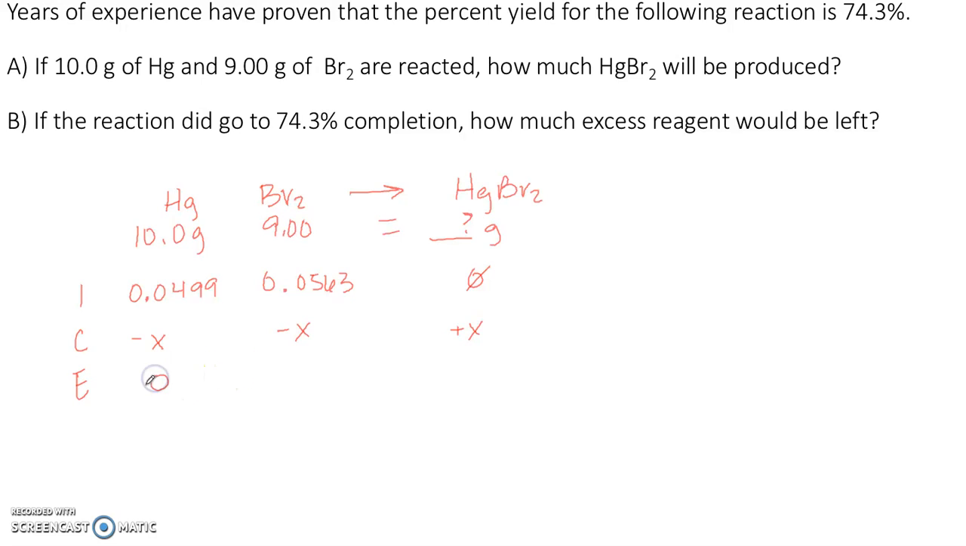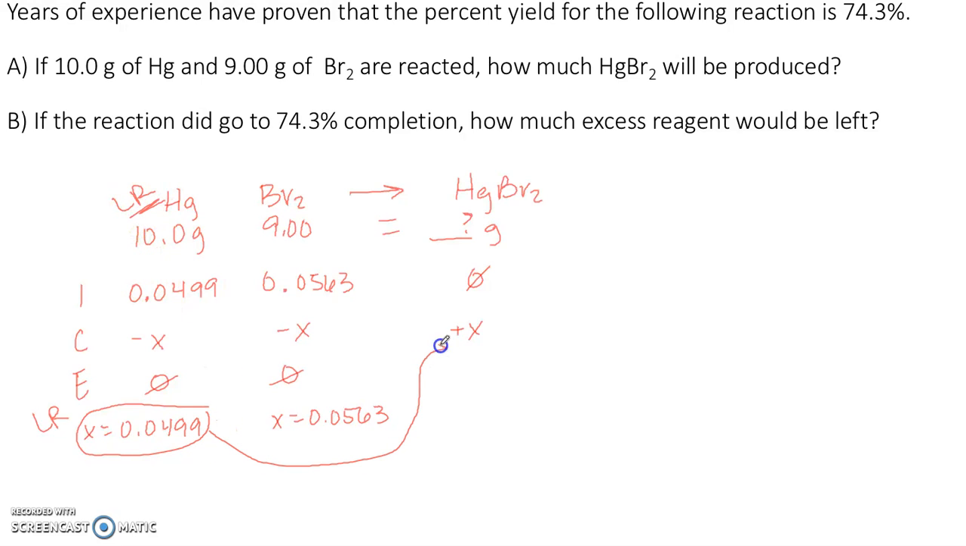And then we're going to set these both equal to 0 because we want to know which one runs out first. So on this one, x is equal to 0.0499. And on this one, x is equal to 0.0563. This one is smaller, so it's got to be our limiting reactant, which means that mercury runs out first. So we're going to use this number and plug it in here to solve for x, and we end up with